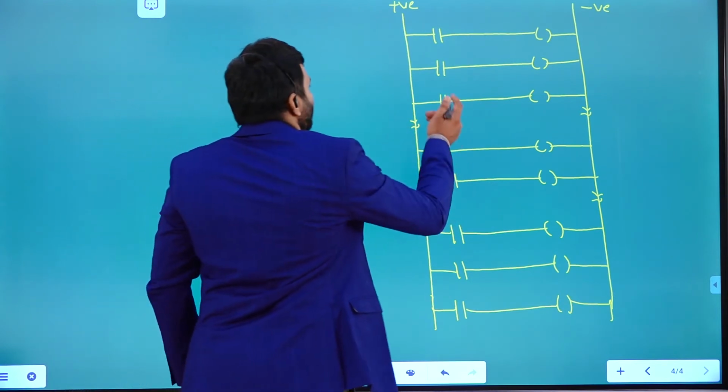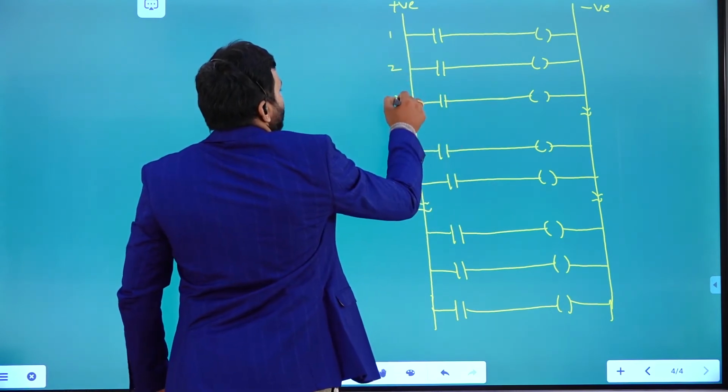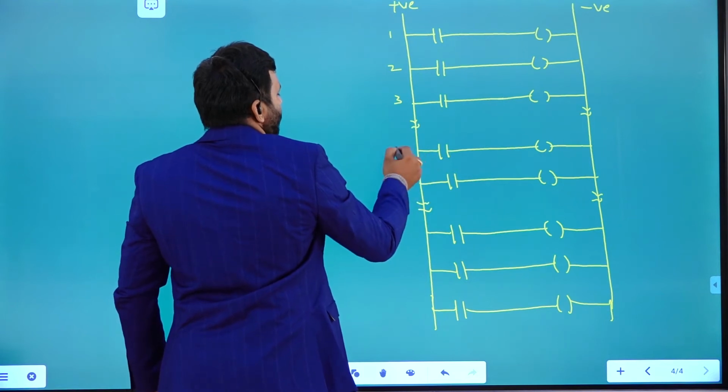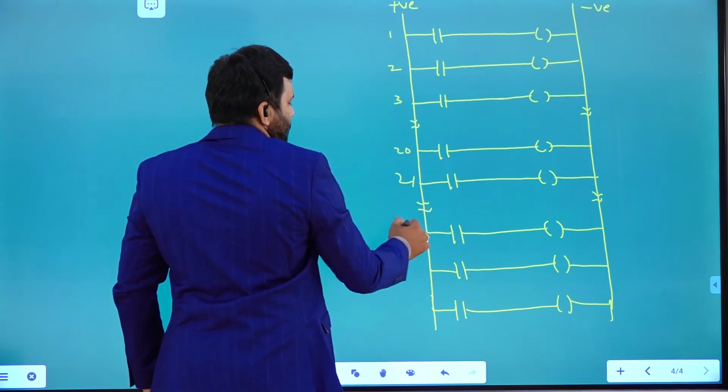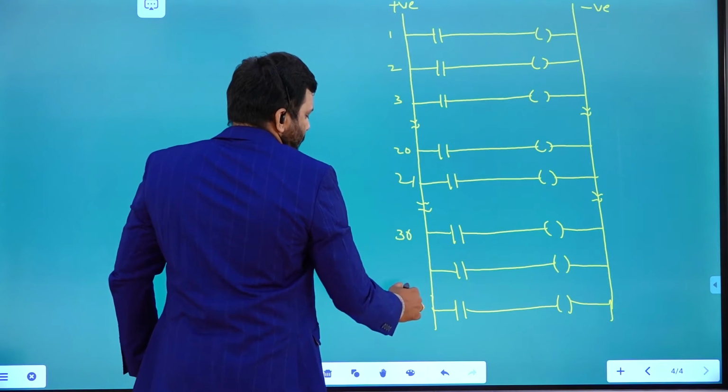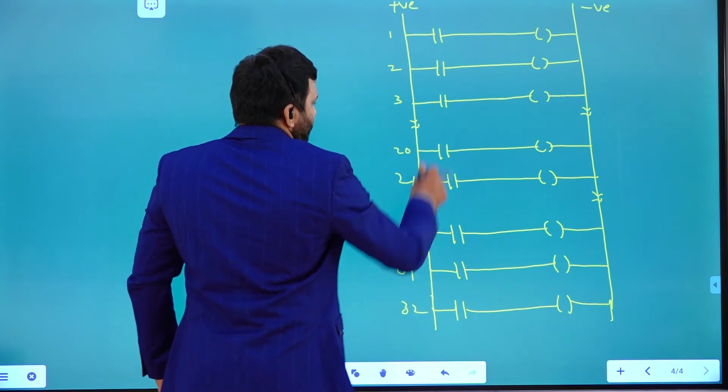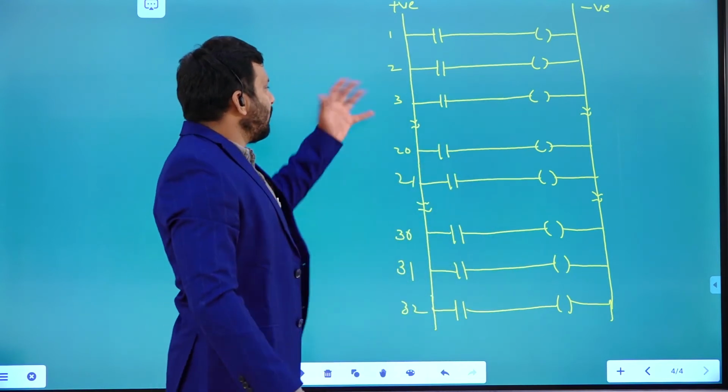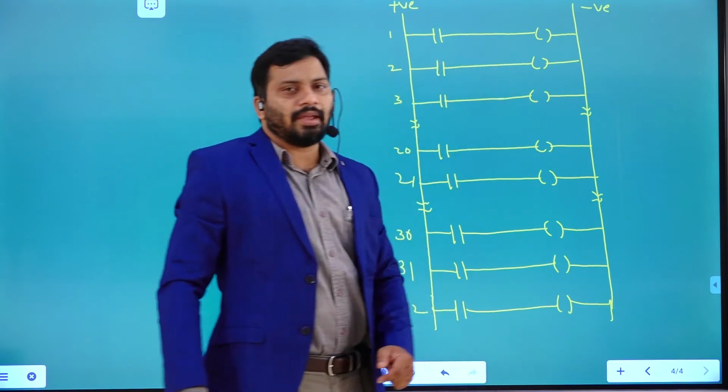For example, this is the first rung, second rung, third rung, like that, maybe 20, 21, maybe 30, so it's 32 rungs. Based on the input, these outputs are going to be active or inactive.